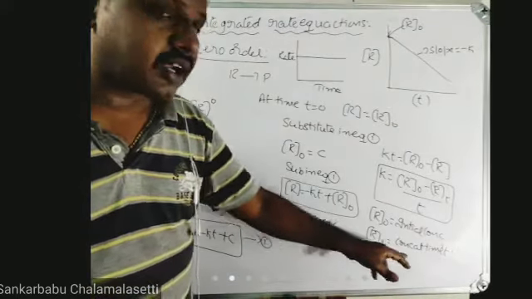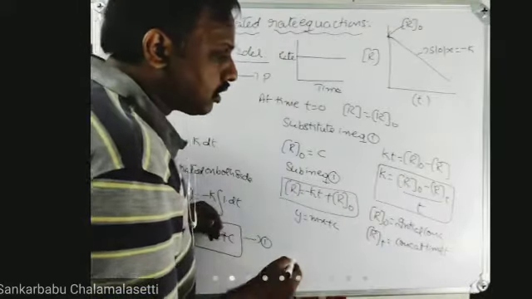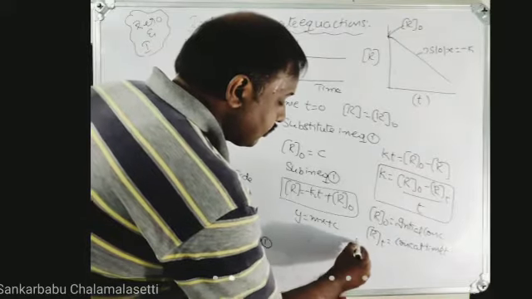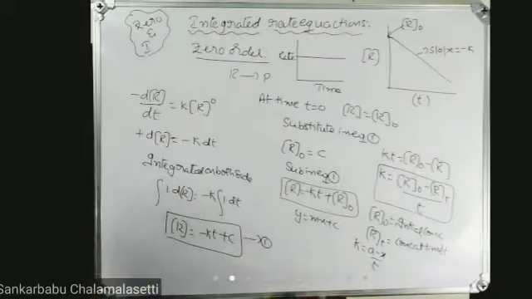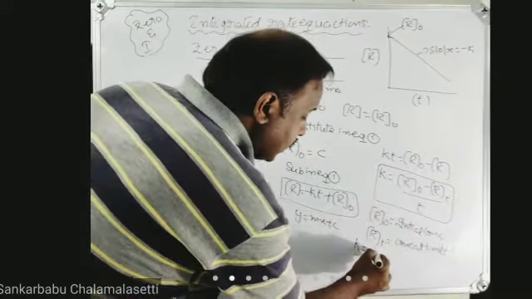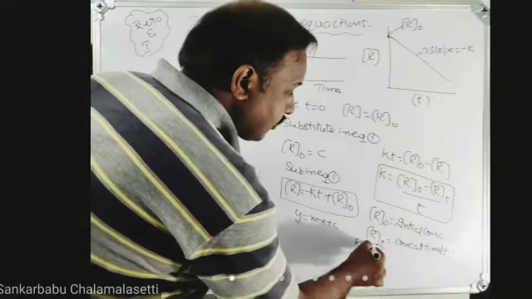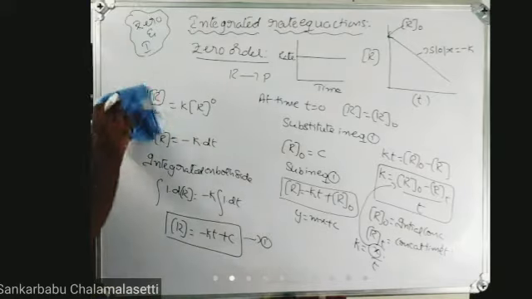That is called Rt. Sometimes in some books they will give R0 minus Rt becomes equal to a minus x by t, where a is the initial concentration and x is the concentration at time t. Instead of R0 minus Rt, if you take x, where x is equal to R0 minus Rt, then we will get another graph.